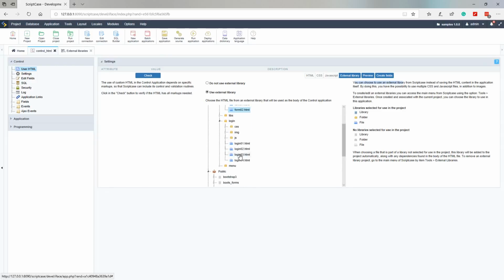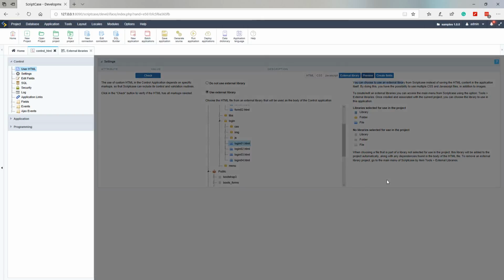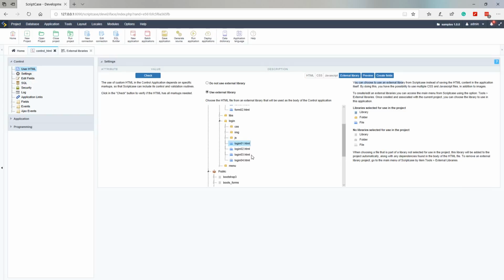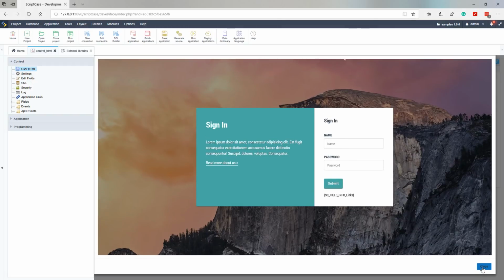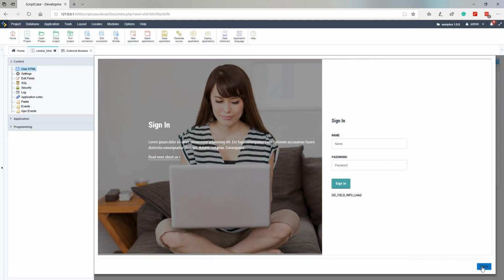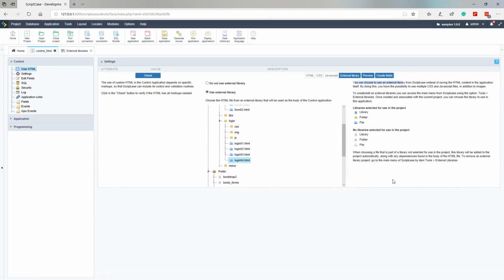Now if I'm going to go down here to the login folder, here we also have our login forms. Now you may already be aware of these from the security suite, where we can select to use a custom HTML form, and then we can already define to use these predefined login pages from Scriptcase. So previewing each of them, we can see that they are fully customized login pages, or custom forms essentially, and we want to use one of these within our